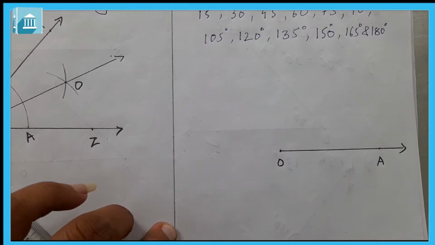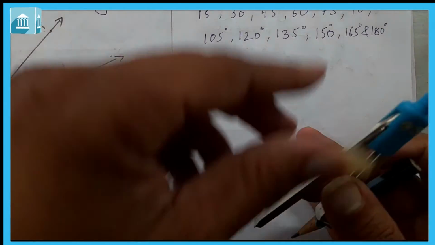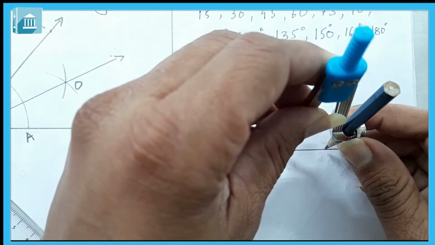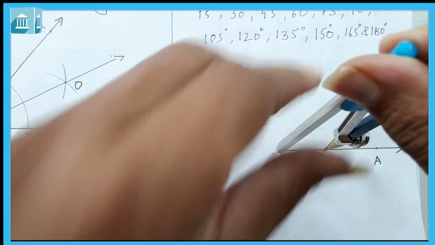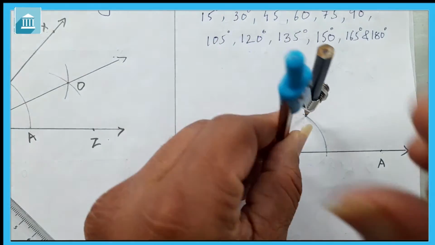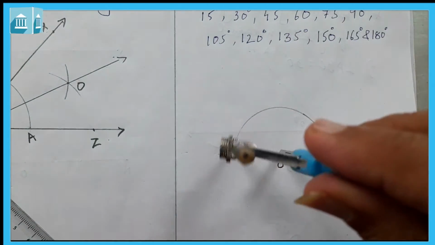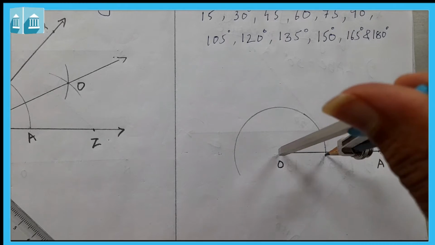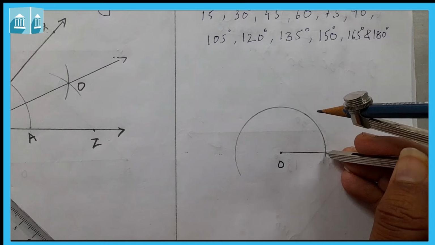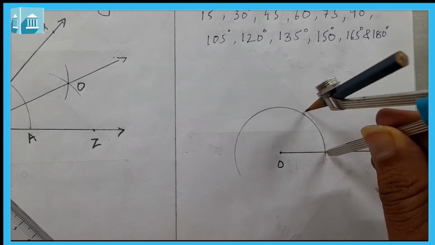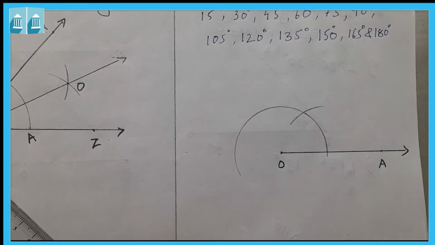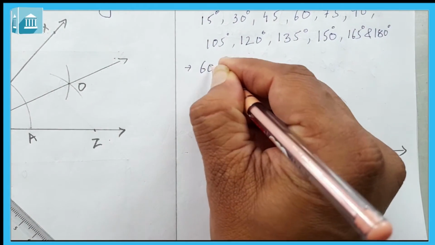Okay, now first we have to, with any convenient radius, we need to draw one arc, full arc like this. एक आर्क हमें ड्रॉ करना है ऐसे फुल्ली, like this. This is the arc now. ये हमारा आर्क हो गया. Now इनको सेंटर लेना है, with center this, and we need to draw one arc like this. This is our 60 degree. First हमने बनाया है यहाँ पर 60 डिग्री.